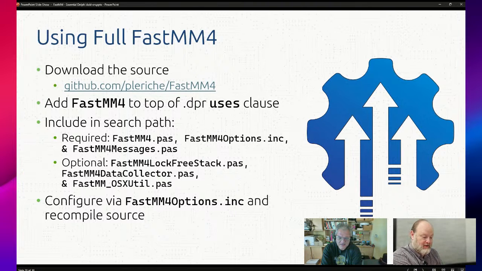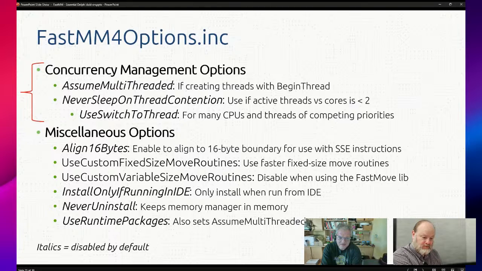And then you can configure it via the include options, which I list some of them here, and I'm not going to really talk about most of them. I didn't even get through all of them. I should put these up here so people can see them, but there's a lot. So do you have assume multi-threaded turned on or off then? On always. Okay, that's what I thought. It defaults to off, but on seems more likely today. The ones in italics are off by default when you get it from the repository, but you can change it.